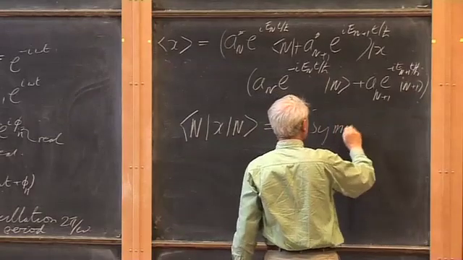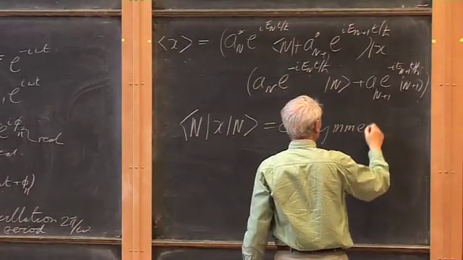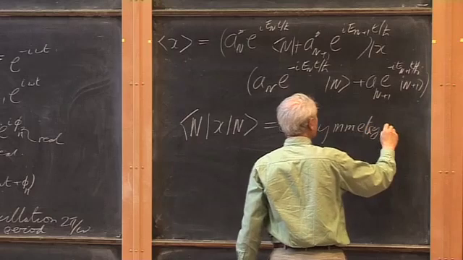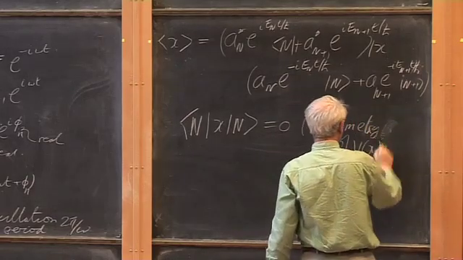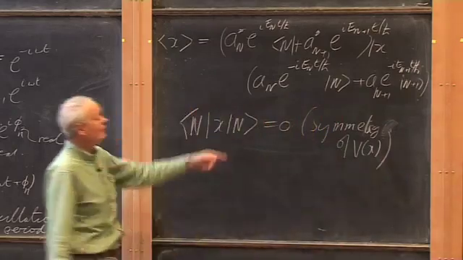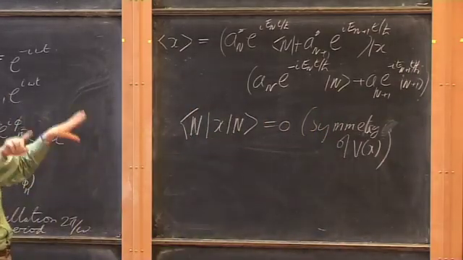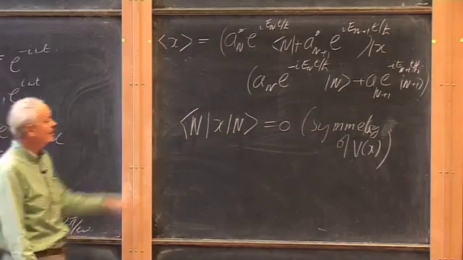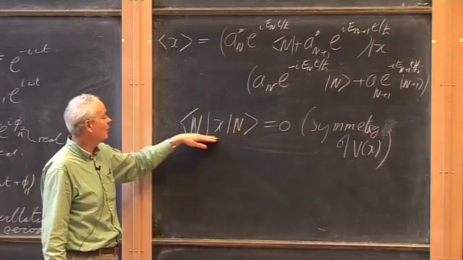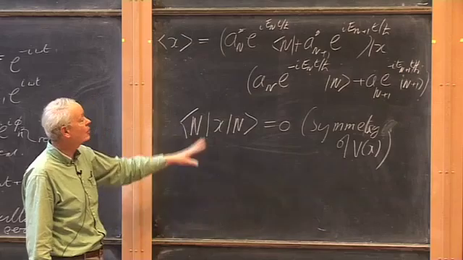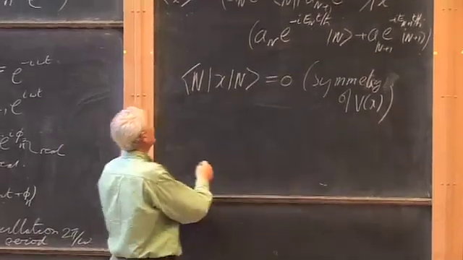So this follows from the symmetry of v of x, that v of x is an even function of x. So long as v of x, the potential, is an even function, the same behavior at minus x as plus x, this will vanish. We will show this as we go along. I haven't shown it yet, but that will be true. So given that that's so,